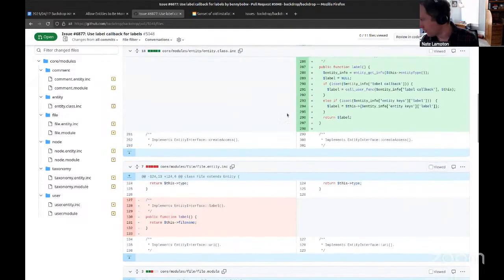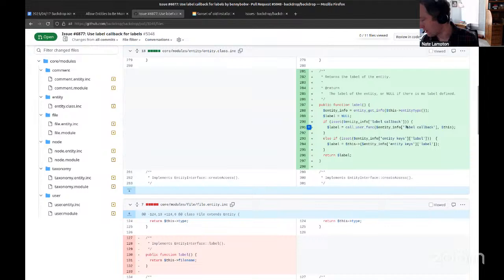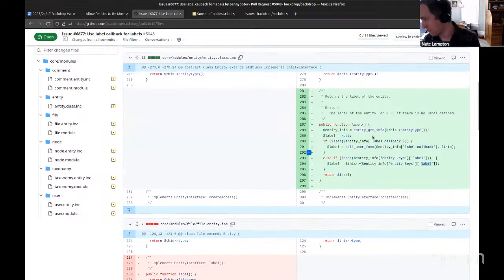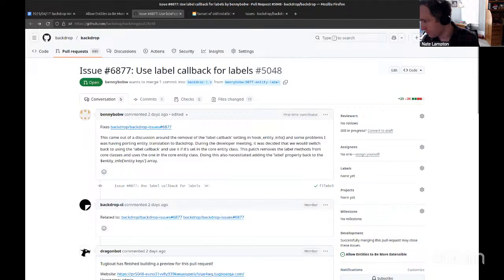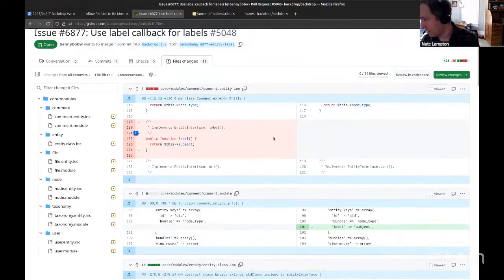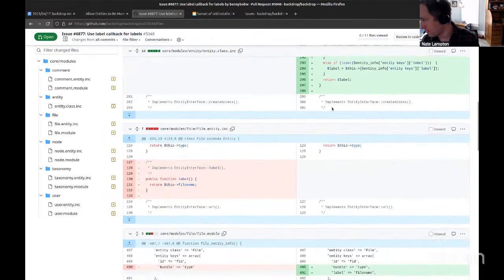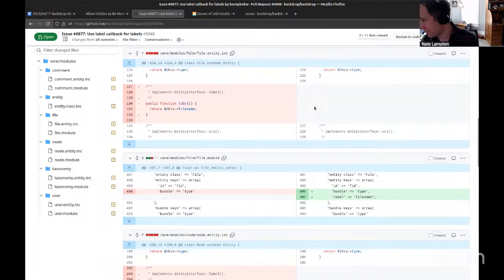And so that's where hook entity info's ability to provide a label callback and a label entity key becomes valuable. And so in the last week, Benny Bob W filed this pull request that gets us ready for that. And it looks great. This pull request is fantastic. It's exactly what I'd imagined